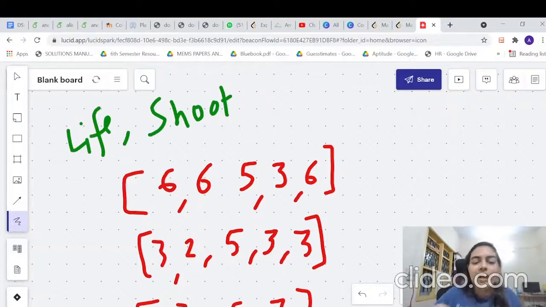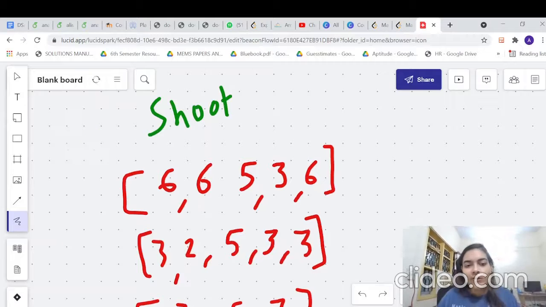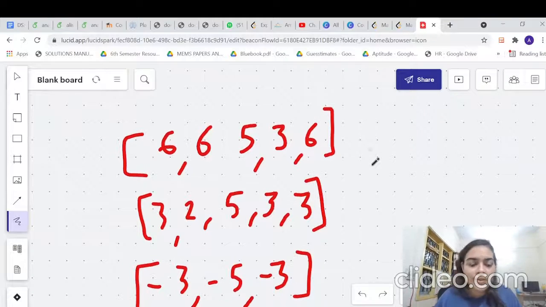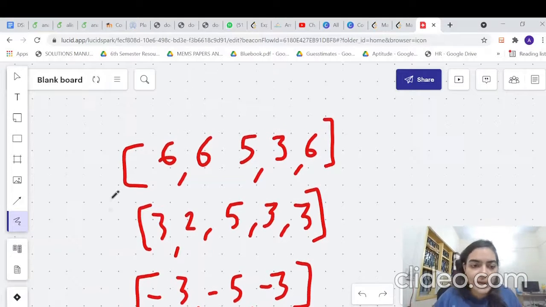I'm just taking this example of a game so that you will remember this logic. If ever this question comes, you may forget the code, but you will remember the logic or the story if you remember it this way. So the approach is, if an element is appearing, we'll give it life. If another element is appearing, it will shoot and try to overpower and try to be the candidate. Okay, so that is a simple approach. Let's take an example and we'll be able to understand better.